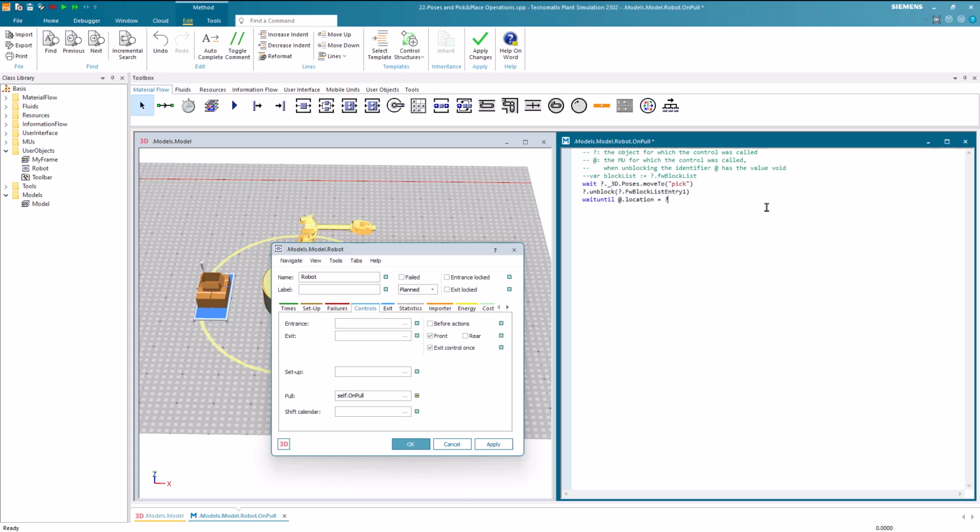Thus, we create a variable named mu and assign the first entry of the forward blocking list to it. We then replace the anonymous identifier at with the variable.